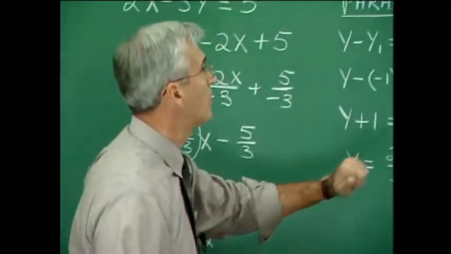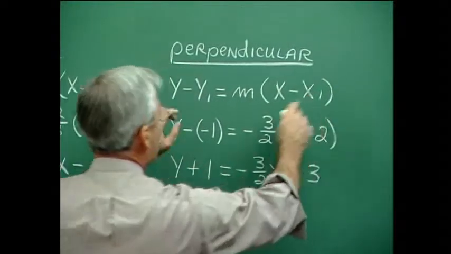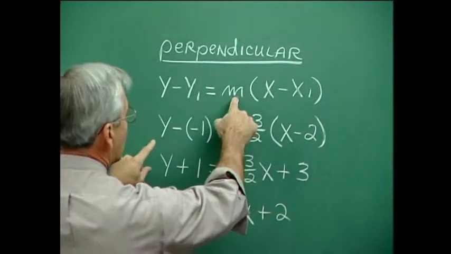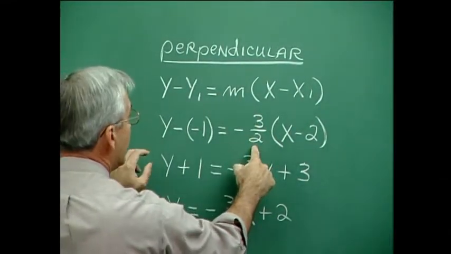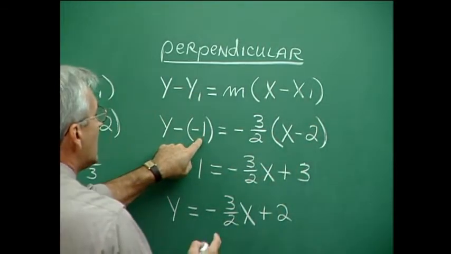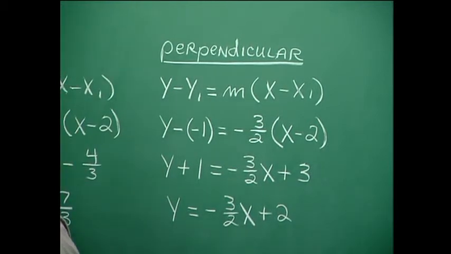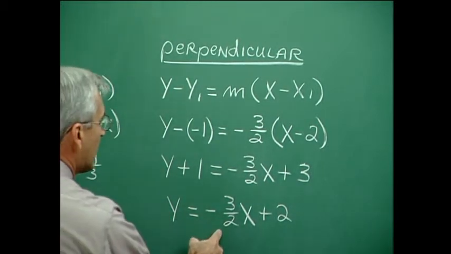All right, here we go. For the perpendicular line, we start the same way and we plug in a very similar way. The slope is -3/2 this time, and the x-y components are the same, the 2, -1, and then we just clean this up to find the equation of that line to be y equals -3/2x